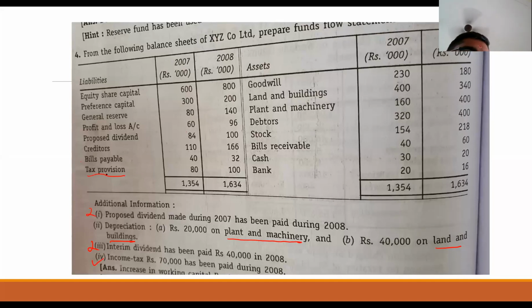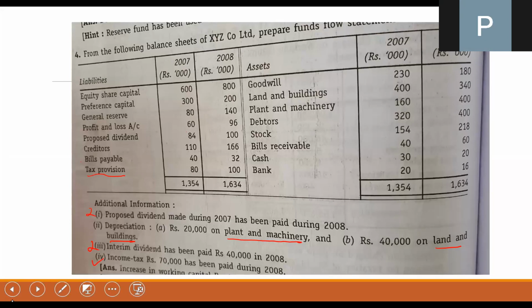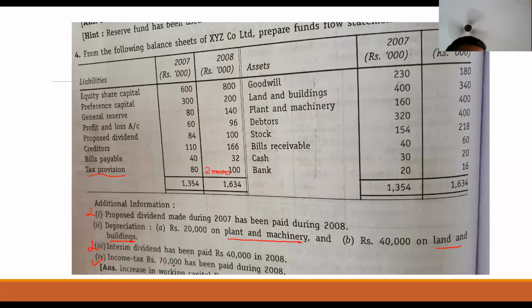How is that? Tax provision, what is the difference? 80 became 100. What is the amount? 20,000 difference. Here you have the difference 20,000 and you have the adjustment 70,000. So this can be added. 70,000 plus 20,000, 90,000 would be debited to the adjusted profit and loss account. So in order to reduce that confusion, we are preparing the provision for tax account also in this question. So total 3 accounts will be prepared in order to find the items in the adjusted profit and loss account.